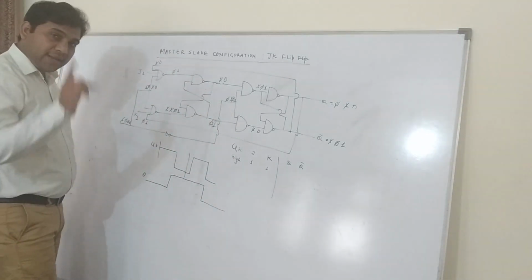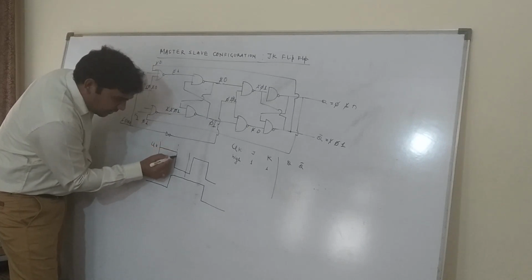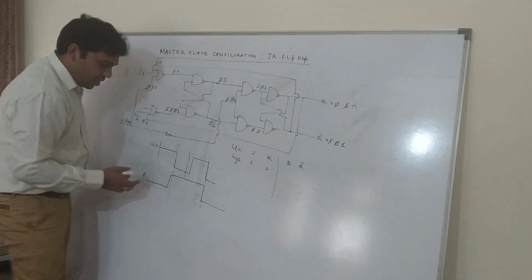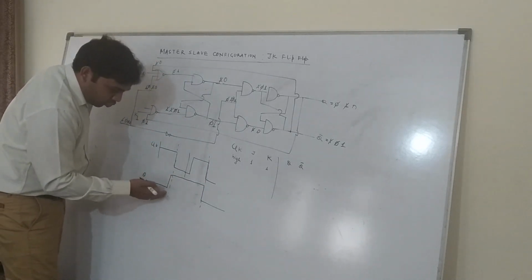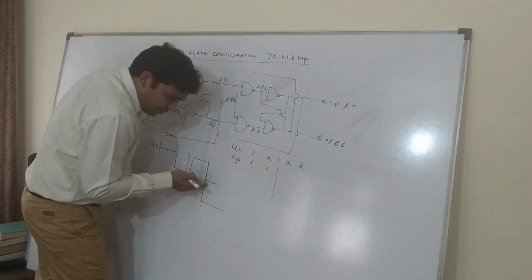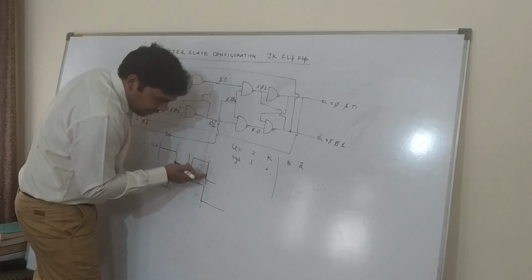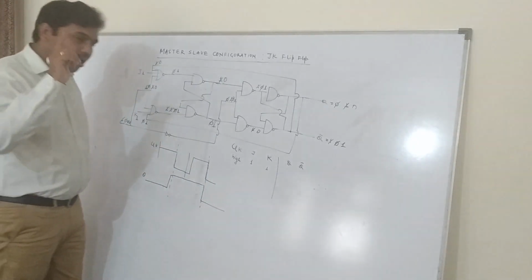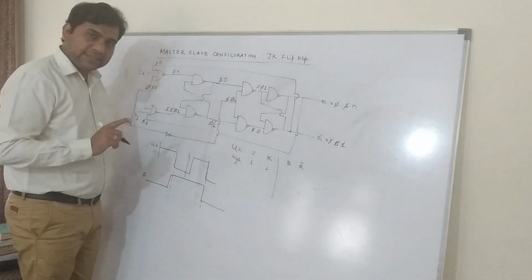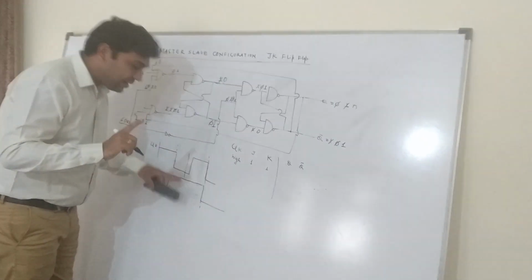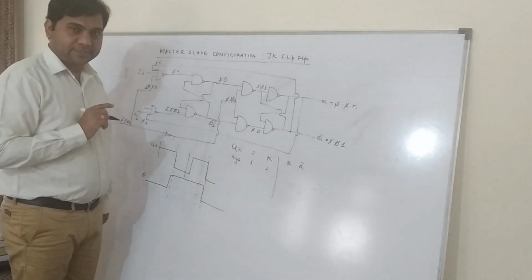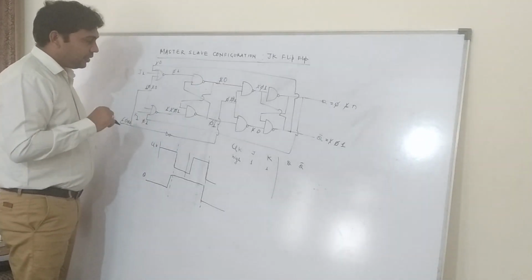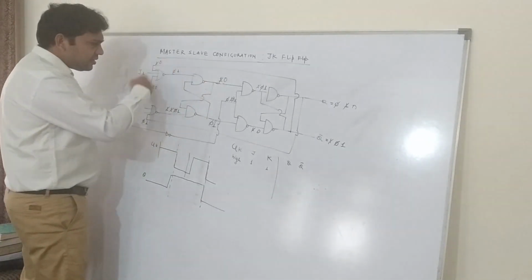What does it mean? It means always at the negative edge of the clock, the output of the flip-flop is getting toggled from 0 to 1, and then it remains 1 till the next negative edge comes, and then it will toggle. So what we have done in this circuit is we have restricted the racing condition, and this is what we want. But we have also increased the hardware.